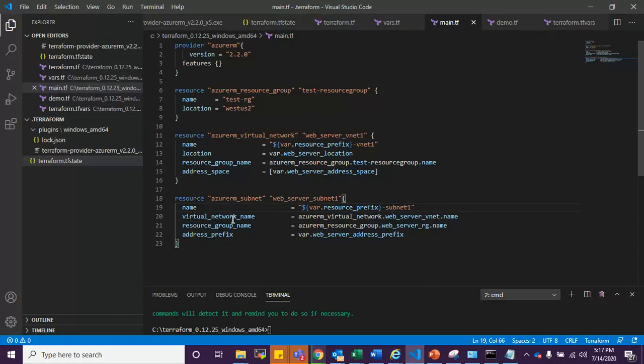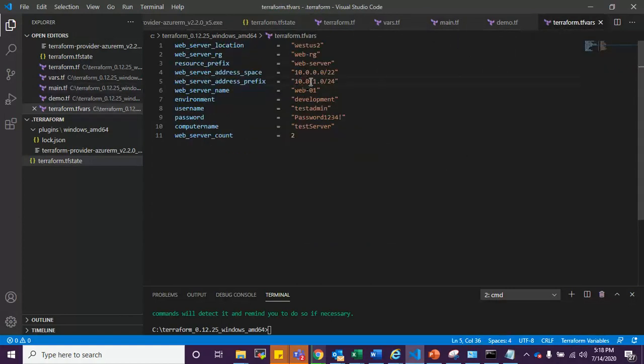Now the virtual network name, I'll grab it from here and reference this entire thing. Resource group name, again I will change to this. For address prefix, I have another variable defined, web server address prefix, which is this one over here.